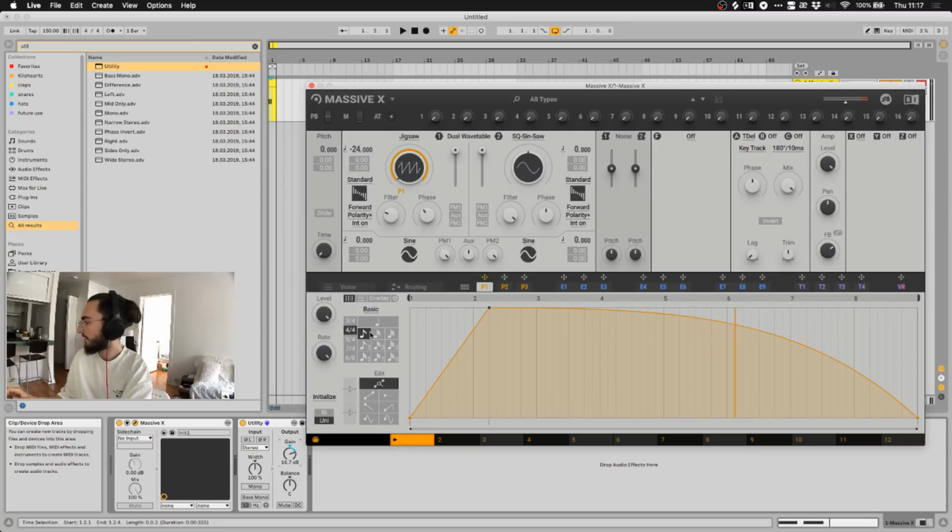Turns out Massive X doesn't have a retrigger option for LFOs. It kind of looks like it, and that's really stupid, to be honest, because what am I gonna do without a retrigger? It just doesn't make sense. I mean, let's say I want to place triplet notes and I don't have the retrigger, then it's just gonna